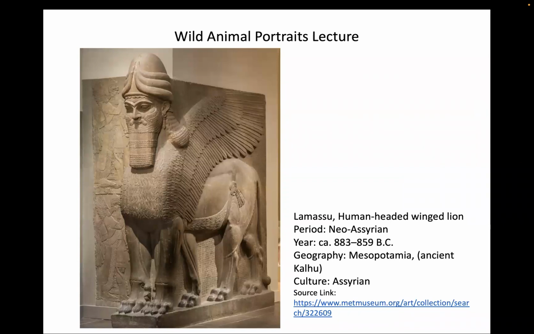Lamassu, which is a human-headed winged lion from the ancient Neo-Assyrian period in Mesopotamia, modern-day Iraq, is a great example of this. This is an image captured in the Louvre Museum in Paris, which has two large, huge monolithic sculptures of Lamassu in front of the Ishtar Gate of King Nebuchadnezzar II, embodying a god-king, the power of those rulers at that time, but also thinking about how